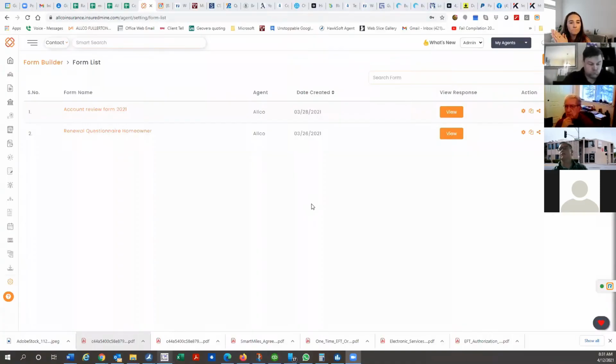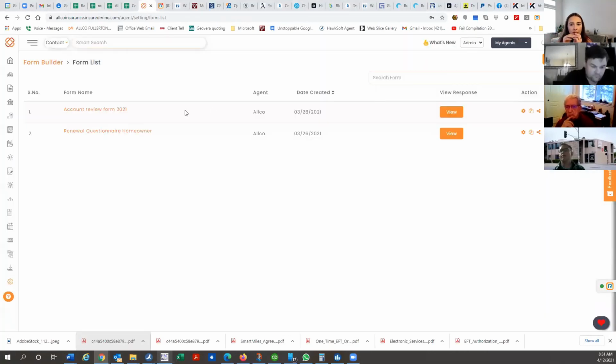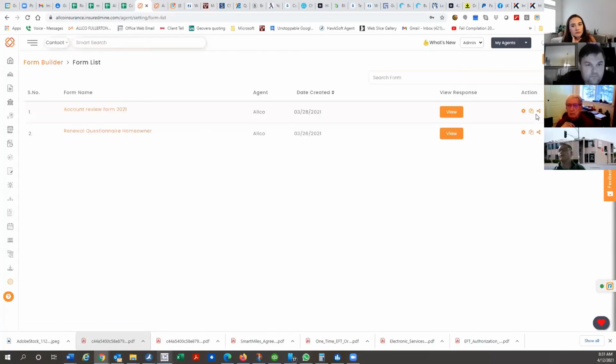Because I thought I set it to create the card, but I can't seem to. When I'm testing it out, it doesn't seem to work. So here's the form that I created on my forms list. So this is the account review form, kind of what Josh was talking about. And so, wait, I should probably just go into the settings to make sure that